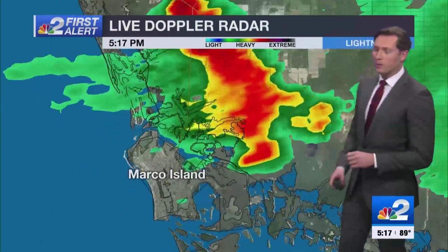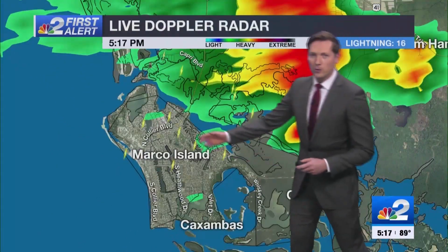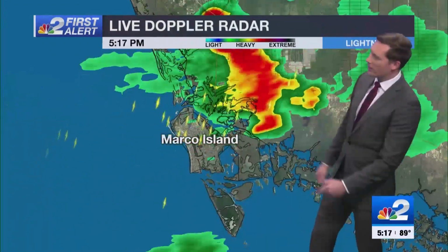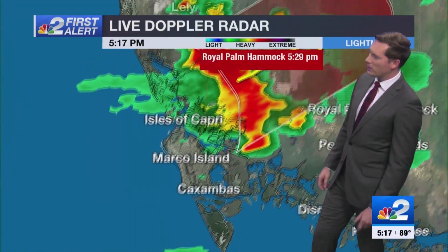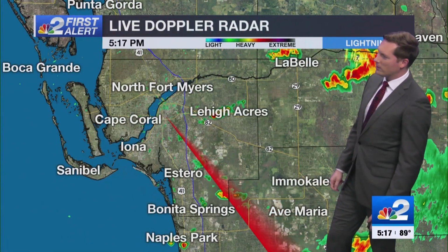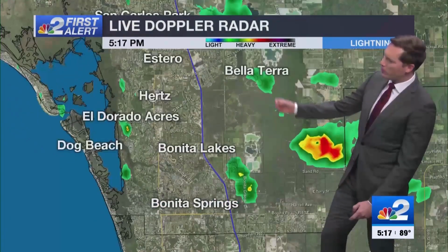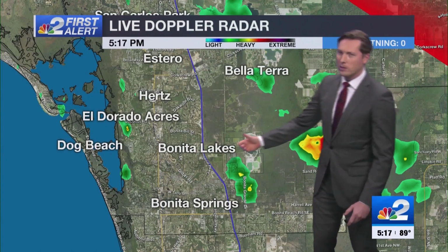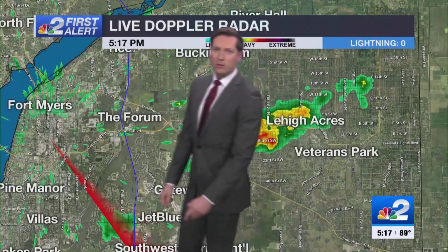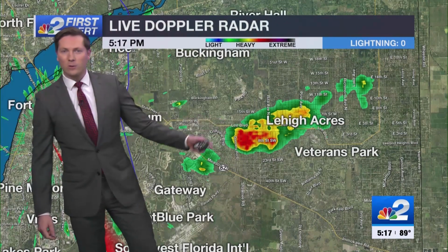Right this moment on First Alert Live Doppler radar, the thunderstorm that was over top of the northern half of Marco Island is pulling away from the island. It's moving along pretty quick here, so if you live just to like the Bellmead area and just east of Lely, there's a pretty fast moving storm off toward the northeast. Otherwise, across areas of Lee County, all we really have right now would just be a few very isolated splashy showers that are rapidly pushing off toward the east-northeast. That also goes for this shower over Lehigh Acres that's also headed off toward the east-northeast and pushing away from